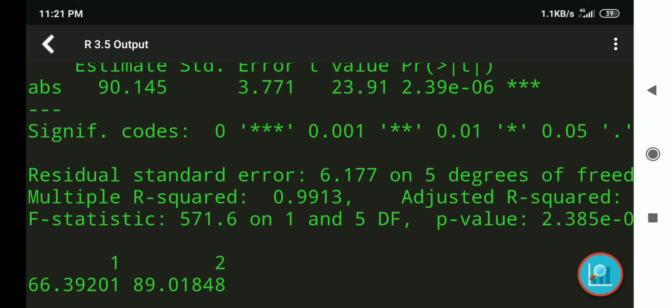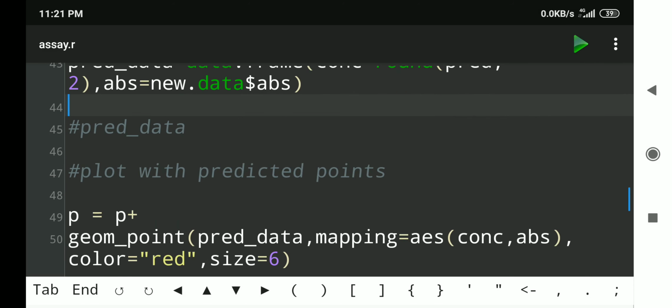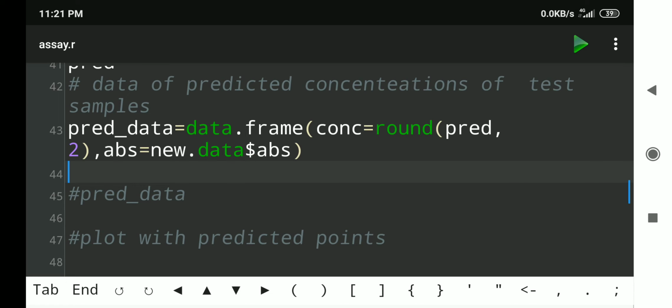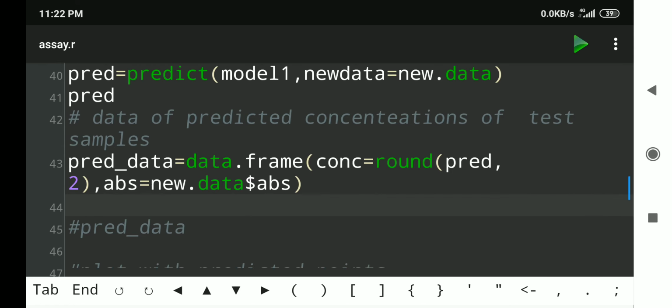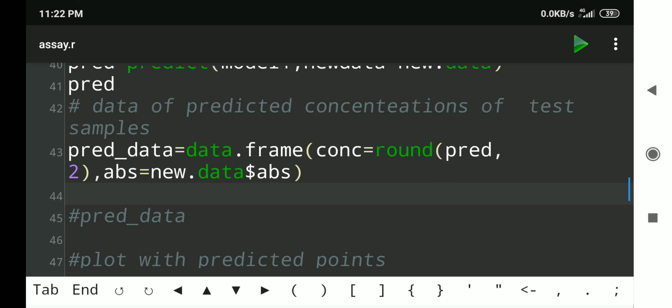The first predicted value is 66.39, the second predicted value is 89.01, and we will place these values into a data frame now. This data frame is pred_data, equal to data.frame, the function to create the data frame. In brackets concentration is equal to, I am rounding the values to 2 digits, therefore round in brackets predict, the predicted values which we calculated earlier, and comma 2, because I am rounding to 2 decimal values.